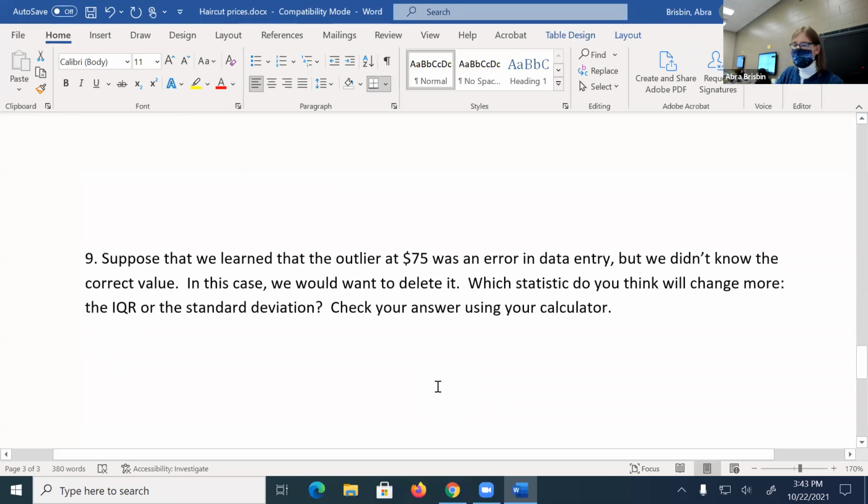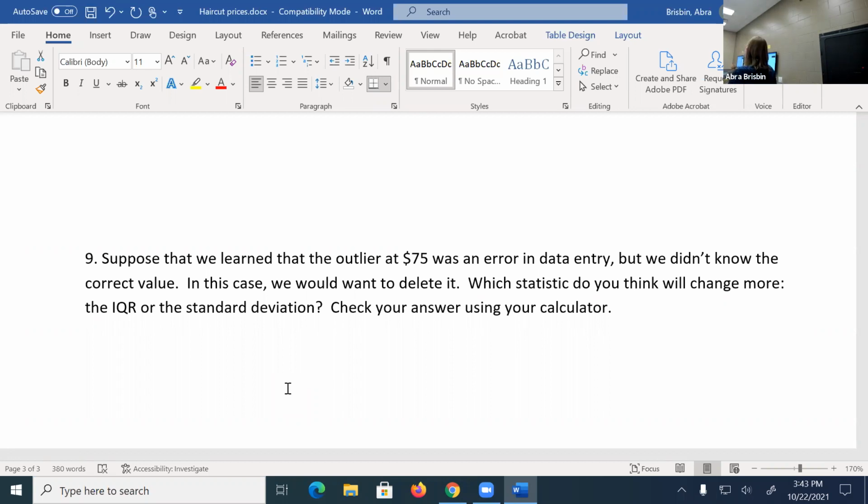All right. And then if we found out that this outlier at $75 was actually an error in data entry, so we were going to delete it from the data set, which do you think would change more, the interquartile range or the standard deviation? Raise your hands if the interquartile range is going to change more. Raise your hand if the standard deviation is going to change more. Very good. The standard deviation